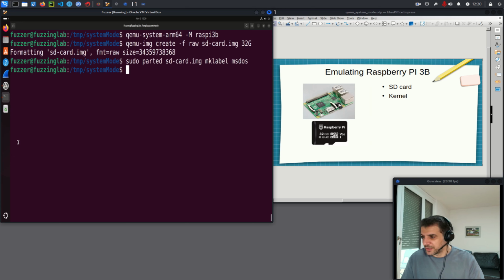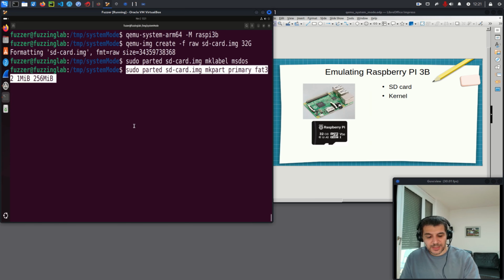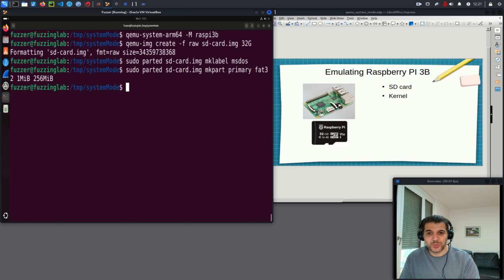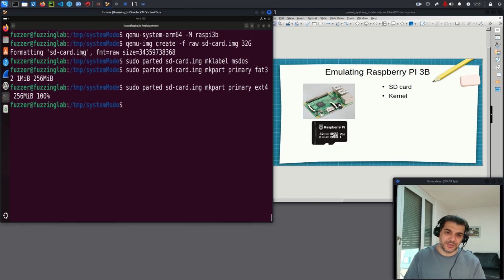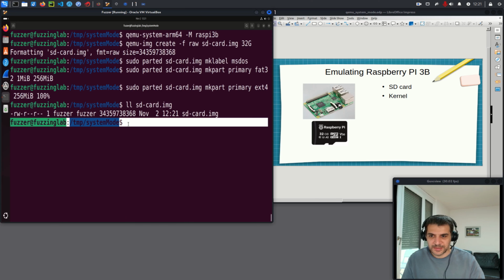Running this command, I'm just creating the partition table, and because of the way a Raspberry Pi 3B boots, we need two partitions. The first partition, this is the primary, will have FAT32 and the size 256. This is for the boot. And then I need also to specify the second partition, which will be for the root file system. And if I list now the SD card, you see now I have an SD card,